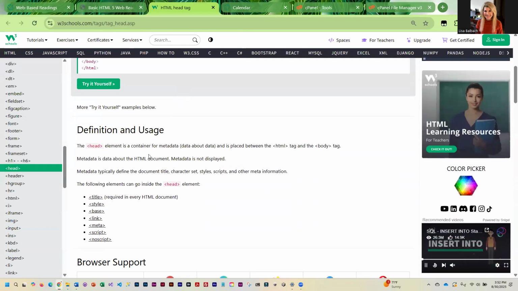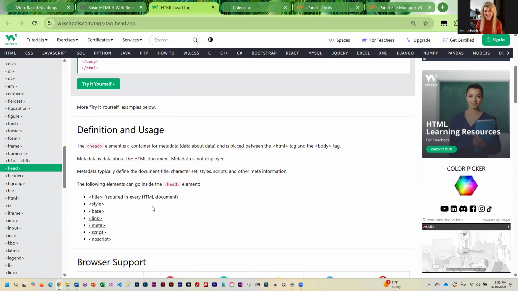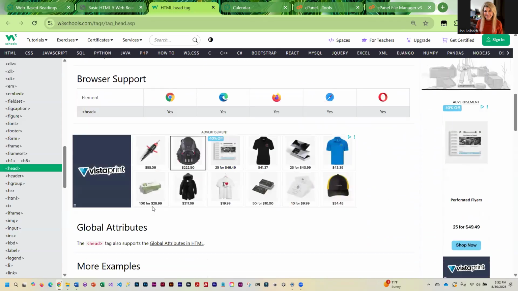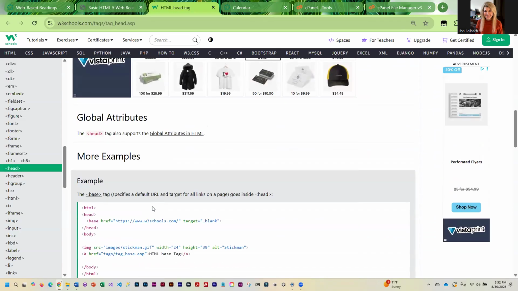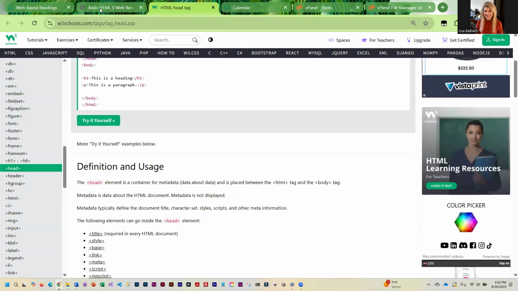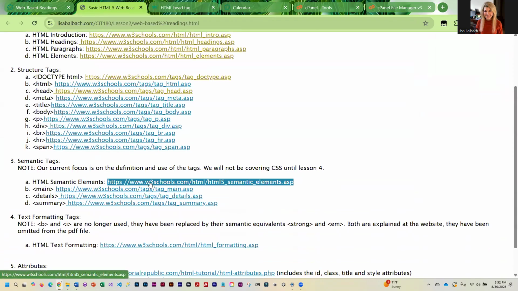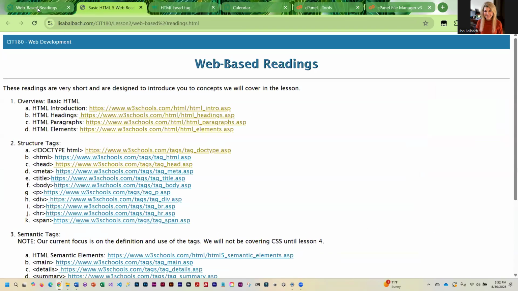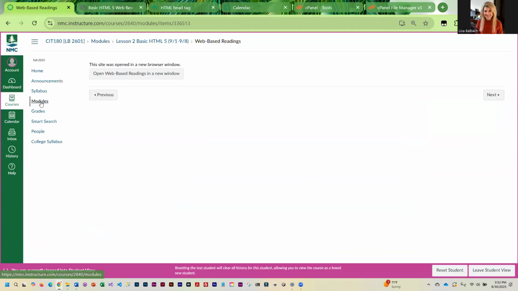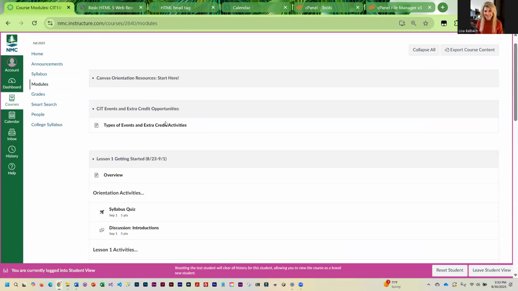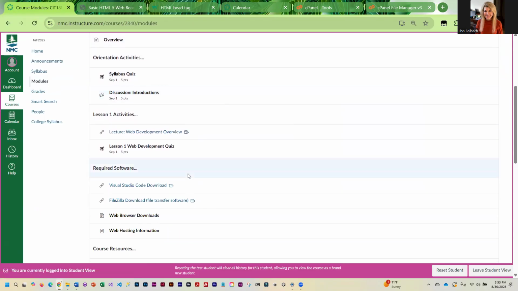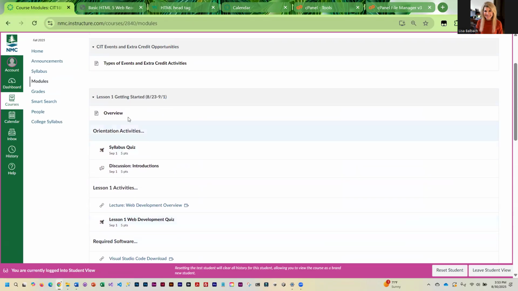And then they define how the element is used. And that's it. It's super, super short. Yes, there are a lot of links, but it's not going to take you a long time to read through this. And then our lecture kind of pulls all of that information together